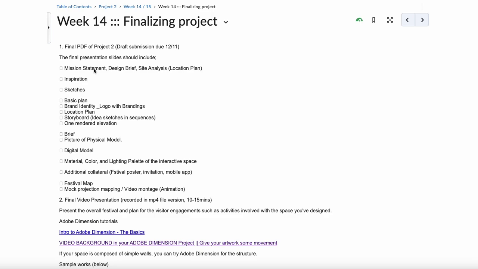brief, site analysis. You guys are already done. Inspiration sketches, basic plan, which is simple sketches with the elevation or information, your memo and notes. And you did already the branding part with the merchandises